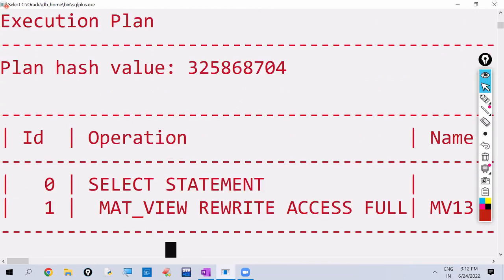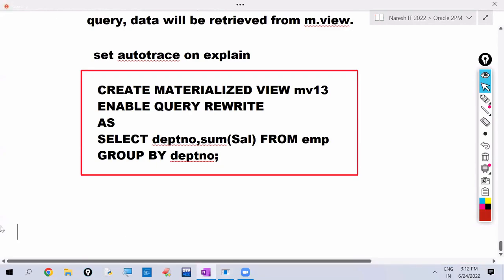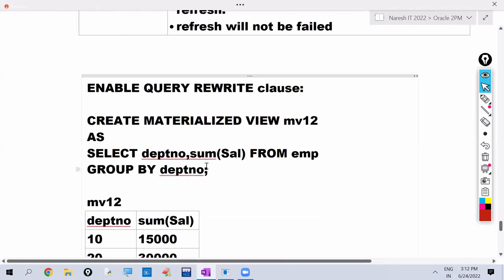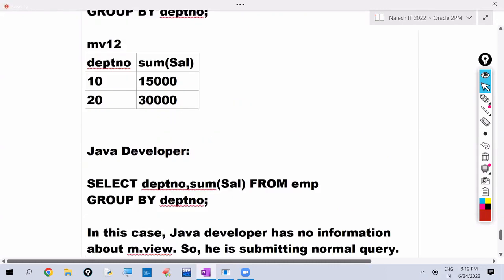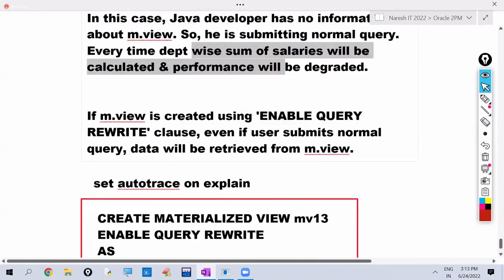Okay, so this is the concept of enable query rewrite. Here I explained one case. Our frequent operation is calculating department-wise sum of salary. To improve the performance, we created one materialized view, but this information is not there for the Java developer. So now the Java developer is submitting this normal query. If a normal query is submitted to Oracle, every time it calculates department-wise sum of salary, performance will be